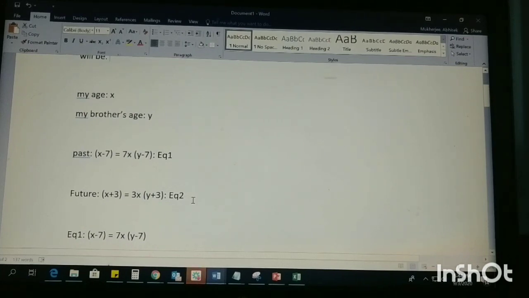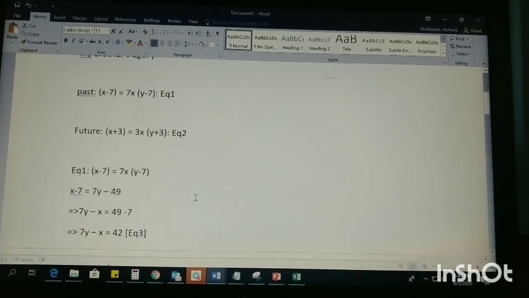Now, all we have to do is simplify these equations and resolve the case. In the first equation, we have x minus 7 is equal to 7 times y minus 7. So in order for us to simplify, we're saying x minus 7 is equal to 7 times y minus 7 times minus 7, which is